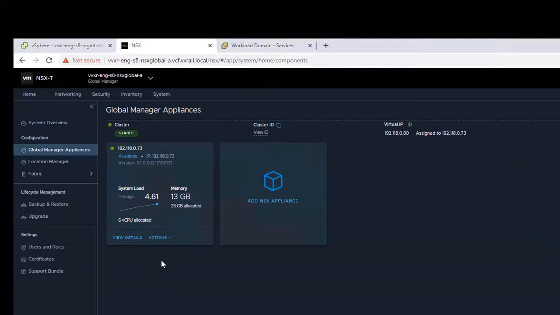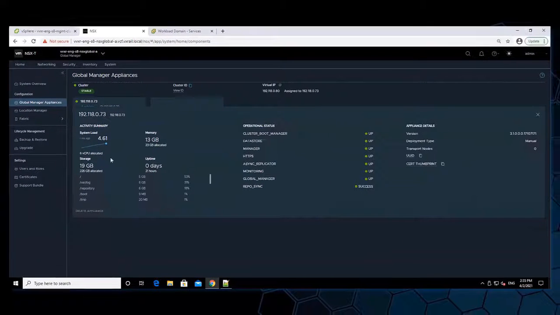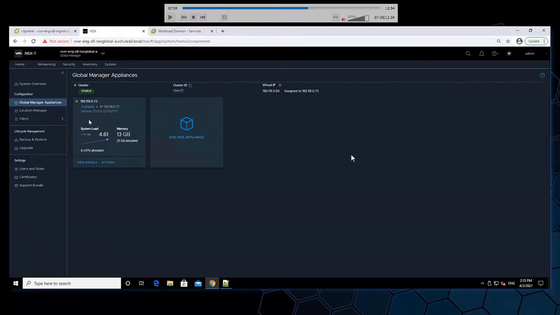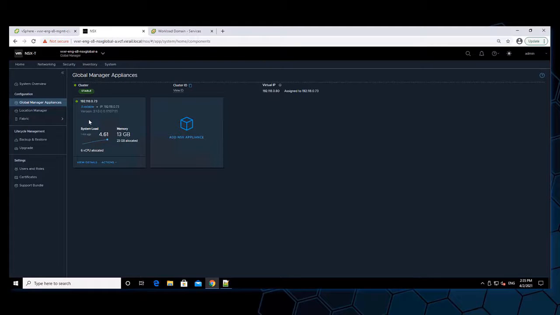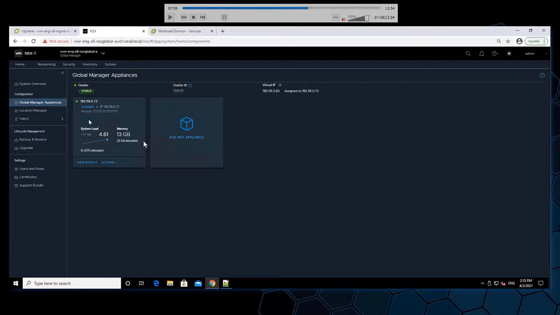If you click on the global manager appliances, you can actually just get some telemetry about the appliances. What you'll notice about our environment is our cluster only has one manager VM. Now, the guidance for VVD is to actually have three, so you'd have an HA set of 3 per cluster. The reason our lab is like this is because it's a smaller lab with not as many resources. And so we actually built it smaller than the design, but you would typically see 3 appliances, and this is